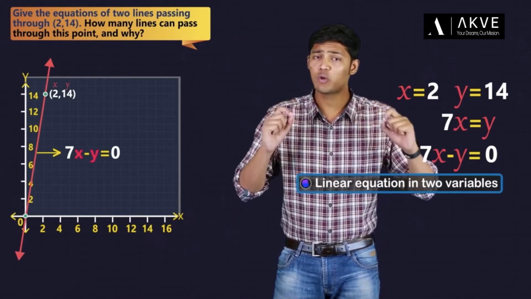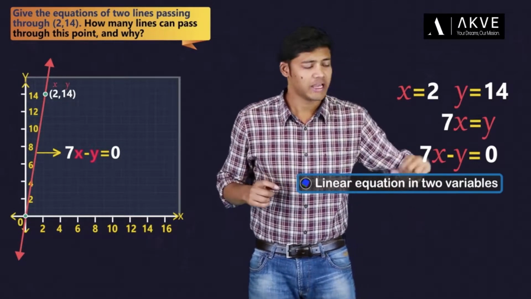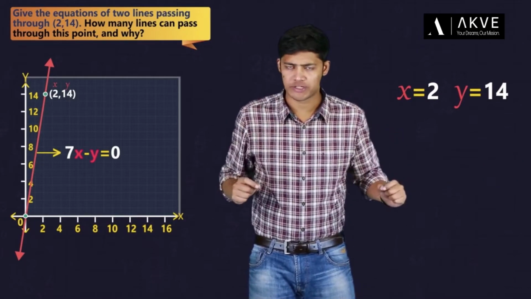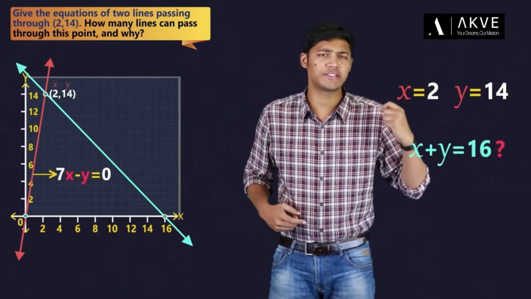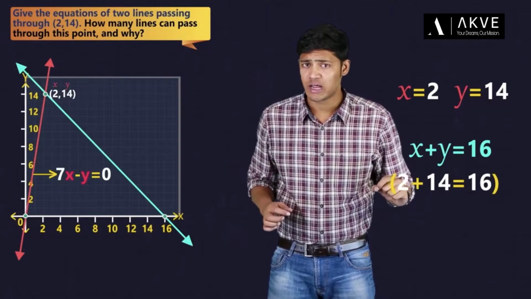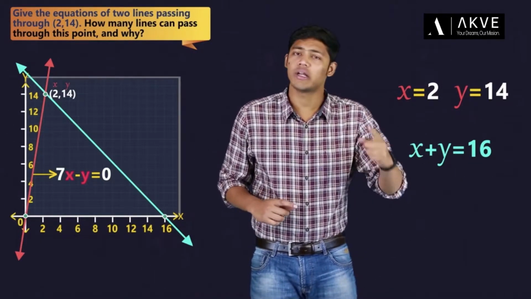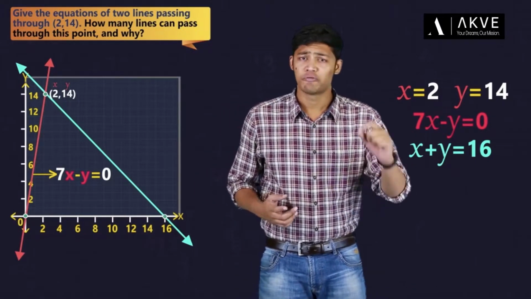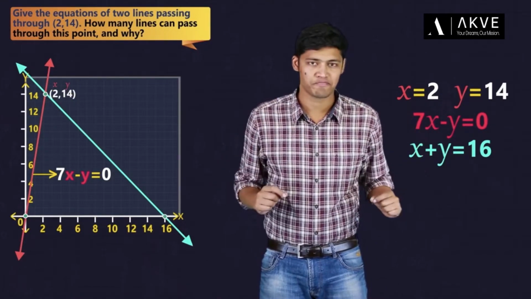So, the equation of the line passing through the point (2, 14) is 7x minus y equal to 0. We need one more equation, right? Can we simply write x plus y equal to 16? Since 2 plus 14 is nothing but 16, and x plus y equal to 16 is a linear equation in two variables. So, here are the two equations for which the ordered pair (2, 14) is a solution, which implies